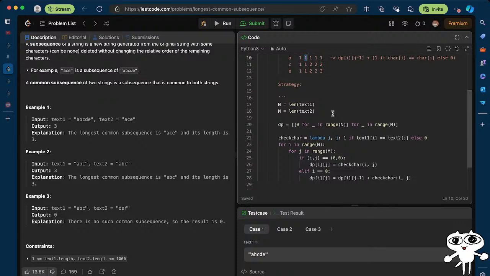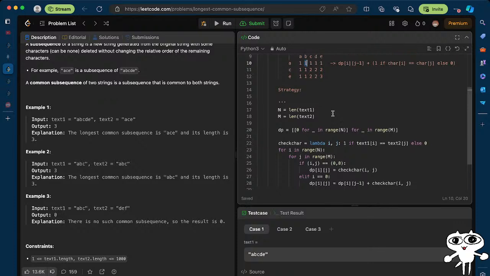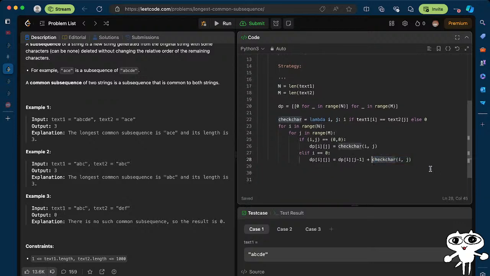So i is 0, right? And j is non-zero. So that means that j is over here, right? So it's just gonna be like the previous cell plus like the current cell. Now elif j equals 0, I'm just gonna be doing the same thing. This means that I'm just looking at the previous